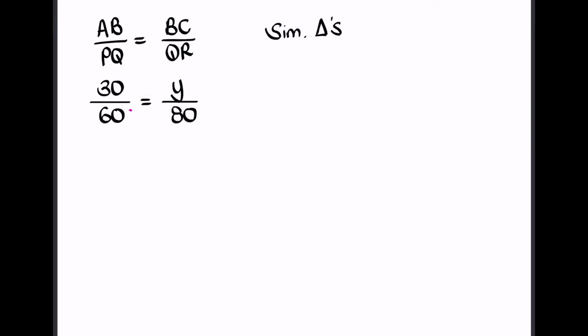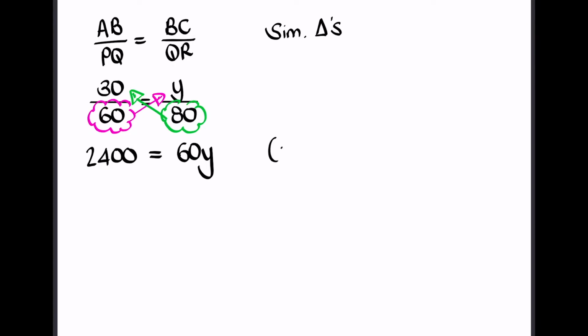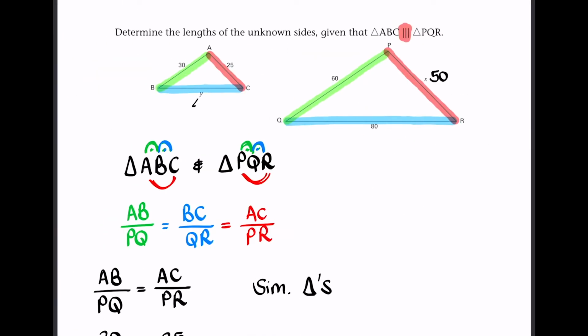So I'm going to take the 60 and cross multiply it with the Y. And I'm going to take the 80 and multiply it with the top, which is the 30. So now if I say 30 times 80 or 80 times 30, I get an answer of 2,400 equal to 60 times Y, which is 60Y. Now I want to get the Y by itself, so I'm going to divide both sides by 60. So 2,400 divided by 60 is 40, equal to 60Y divided by 60, which is Y. So now I have Y's value being 40,